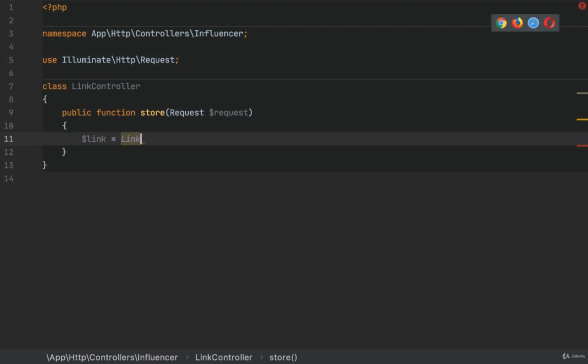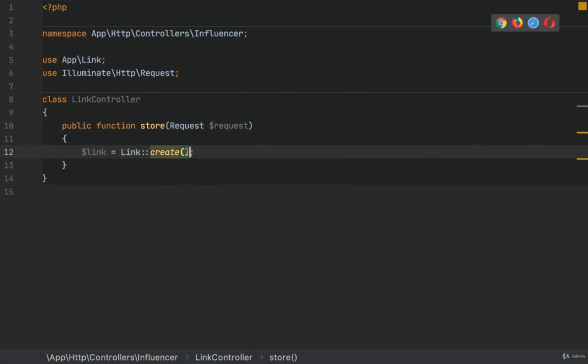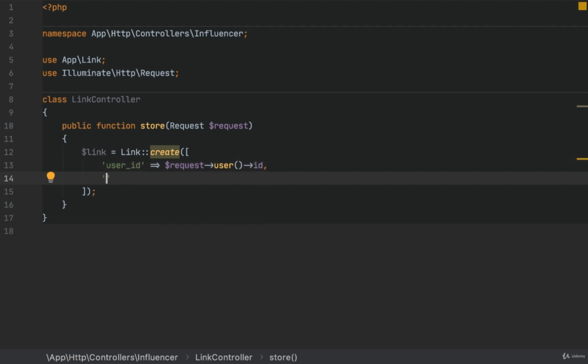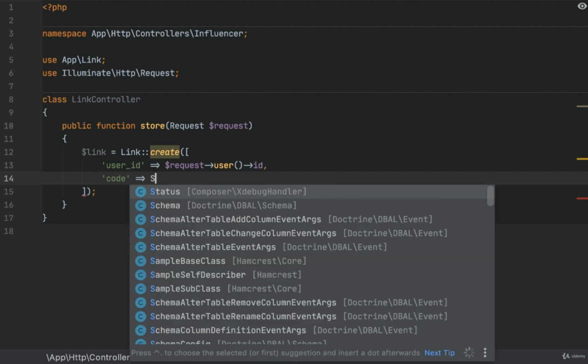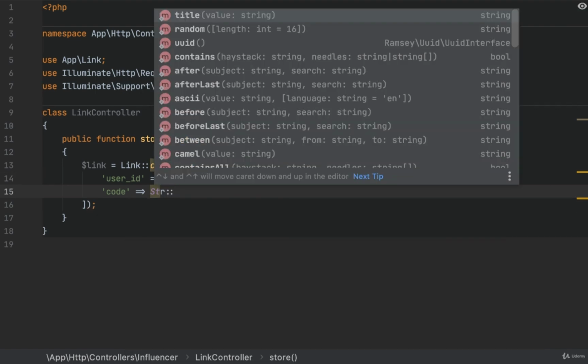We have to import our model here. So we need the user ID. In this case would be request user ID. And we need also the code. So the code will be a random string. So we will use str here from Illuminate support, and we will have a